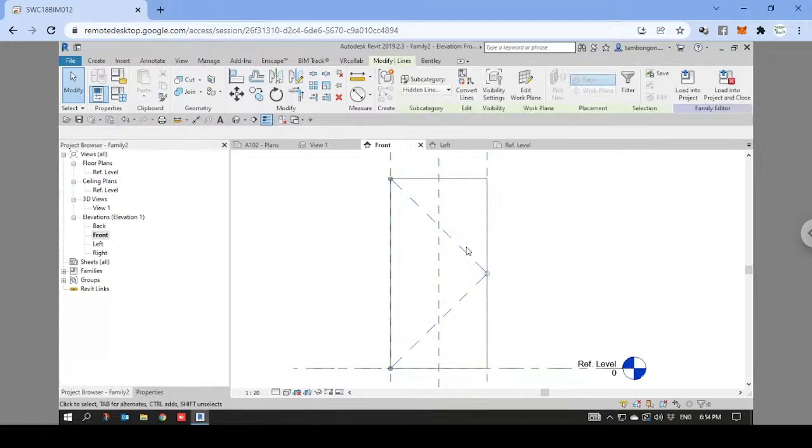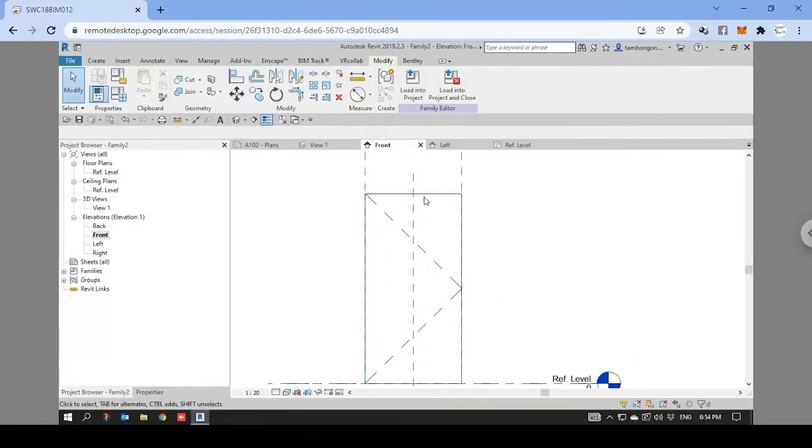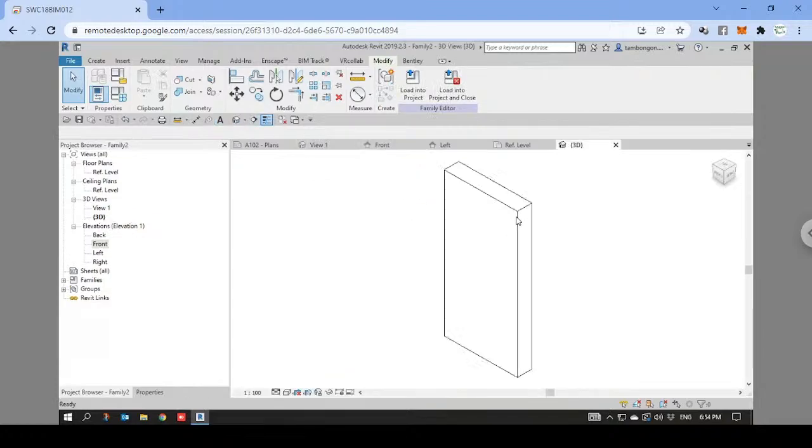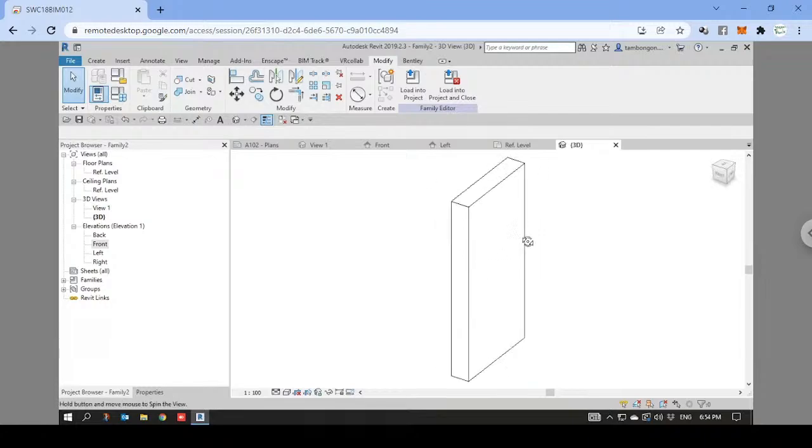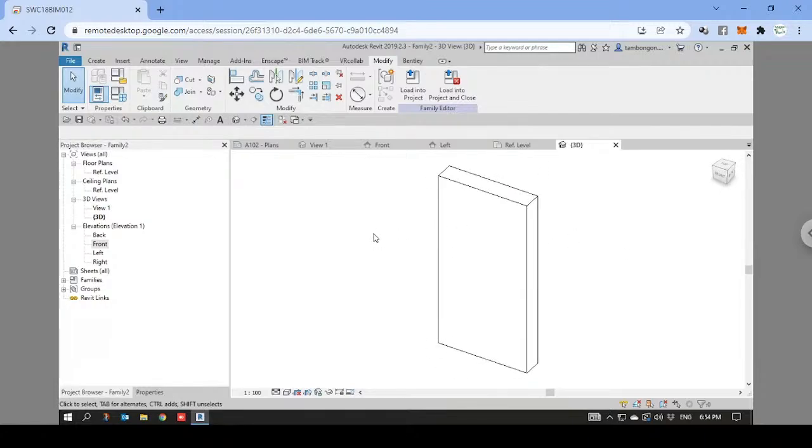So from here, for example, you'll have your symbolic lines here, and I have my element here. So by right, if I view it in 3D, I'm just viewing it around here, and it will be black, and I'm not seeing it from behind, from the back. Unfortunately, when you load it into the project,